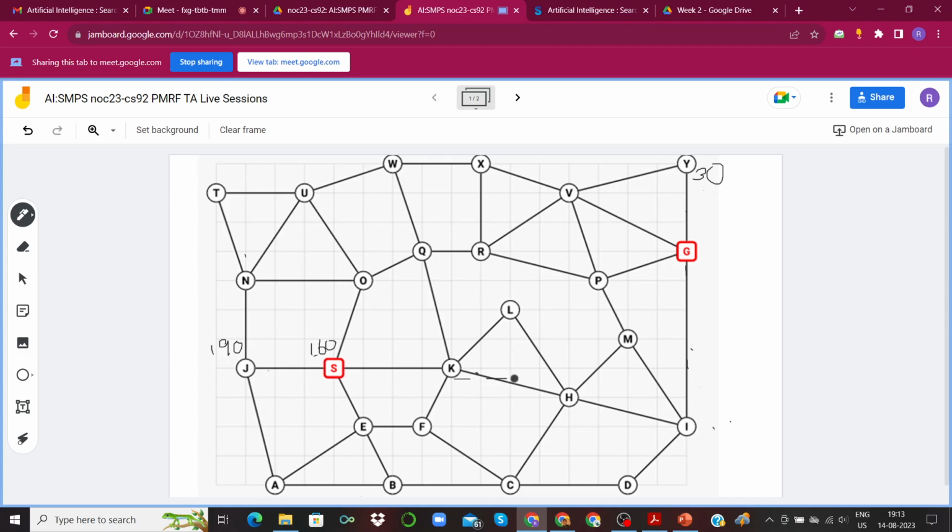It's 1, 2, 3, 4, 5, 6, 7, 8, 9, 10, 11, 12. Yeah, it will be 120 for K. And the only node left now is O. So let's calculate for that. It will be 1, 2, 3, 4, 5, 6, 7, 8, 9, 10, 11, and 12. So 120 again.